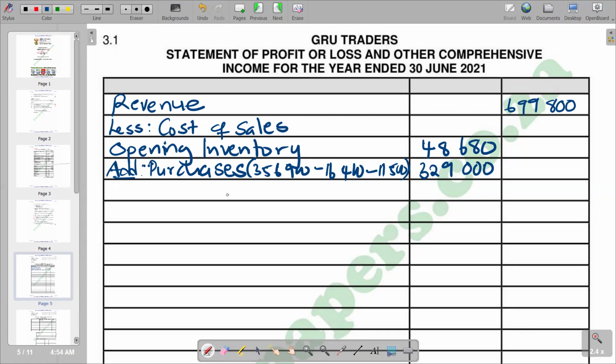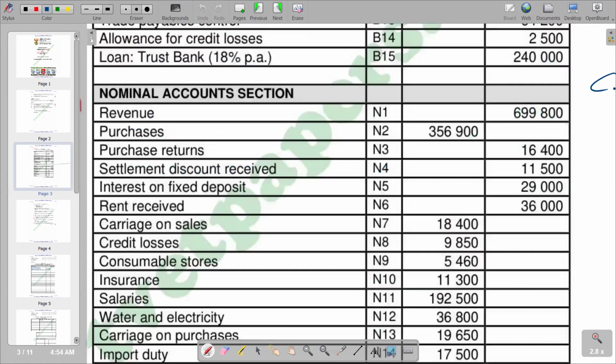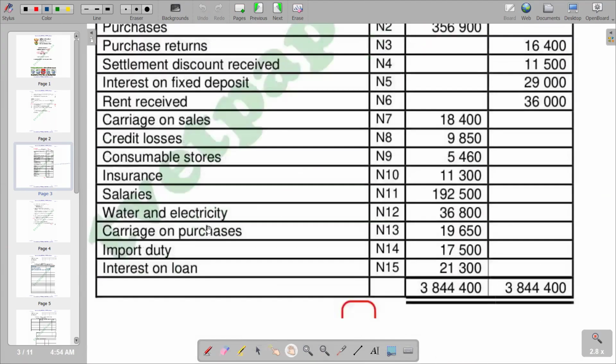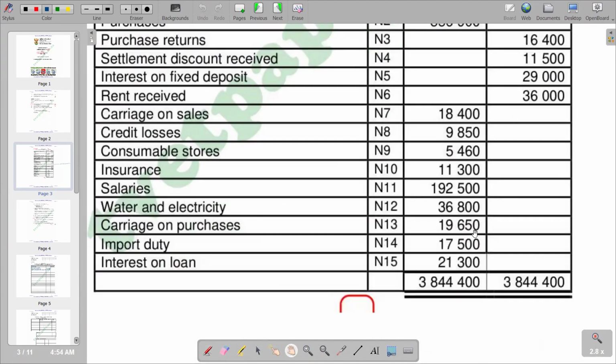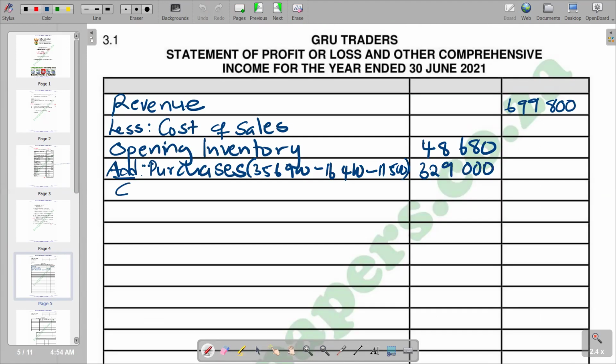So from adding purchases, you're supposed to check if we have got carriage on our purchases. We try to see according to the information we have got. We're seeing carriage on sales. So if you go down, you see that we have carriage on purchases here, which is a figure of 19,650. So come here. So this is our area. Then from there,